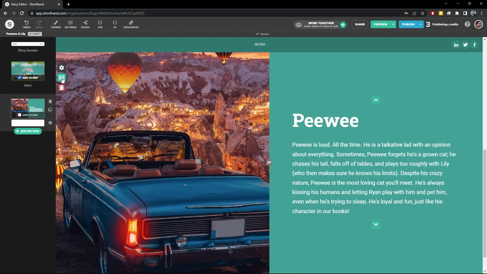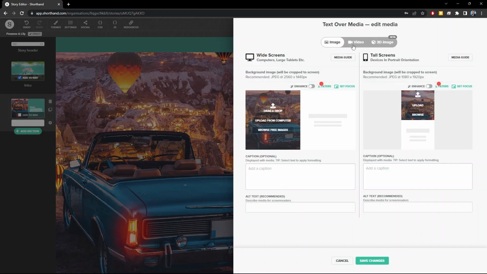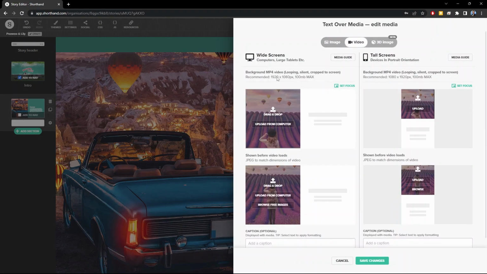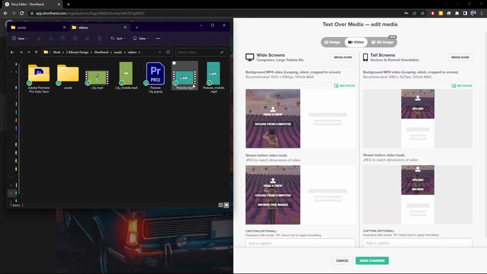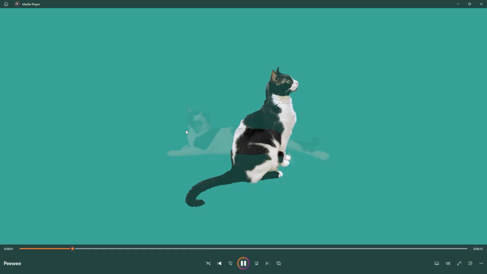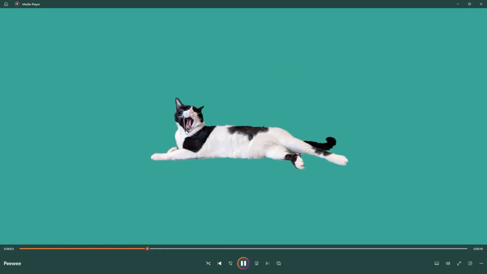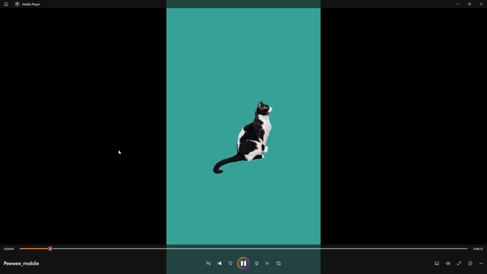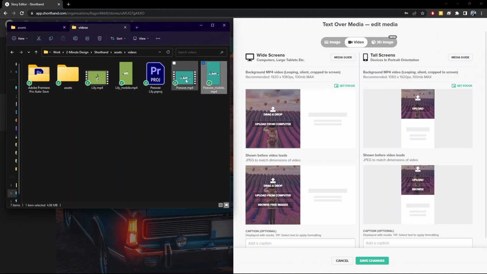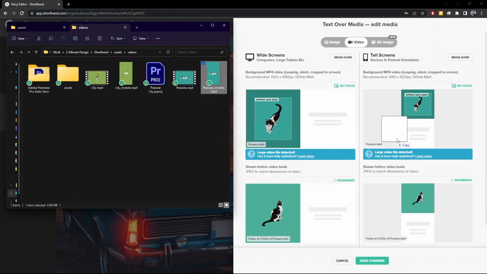Click on Edit Background Media and then switch to video. Note that the recommended video dimensions are 1920 by 1080 pixels with a maximum size of 100 megabytes. I've already created this video here and I used the same hex code for the background color. I also created a vertical version of that video for mobile. So I'll simply drag the first one and drop it here, then drag the second one, drop it there, and then